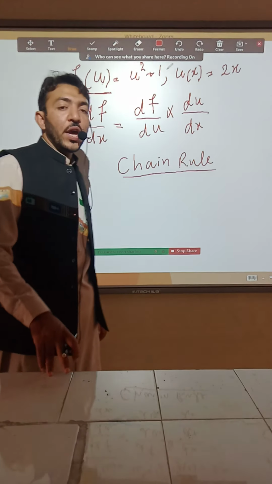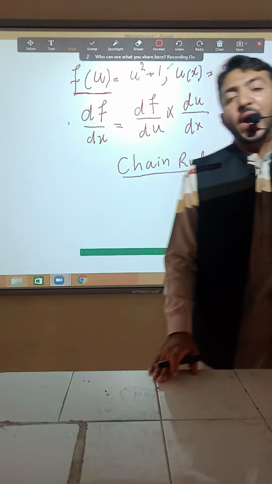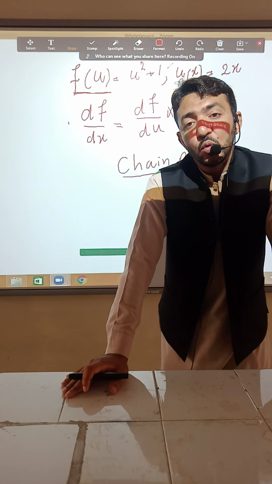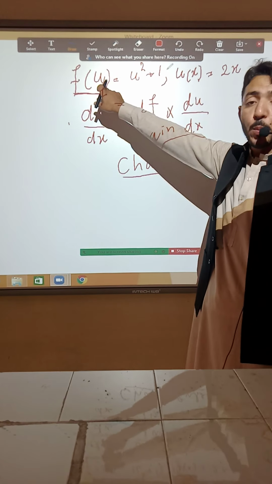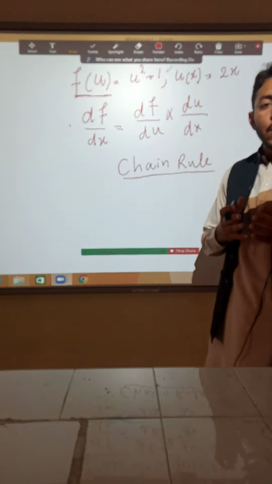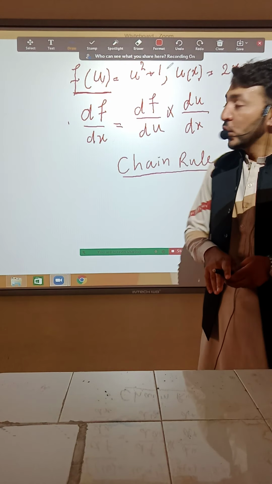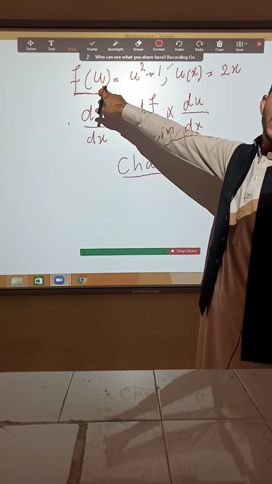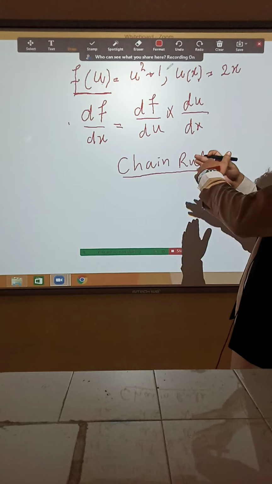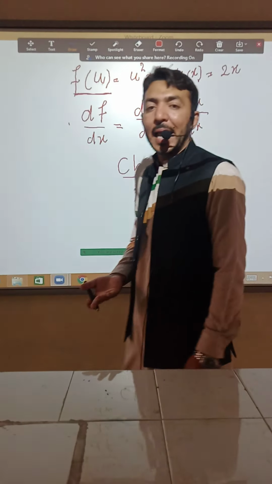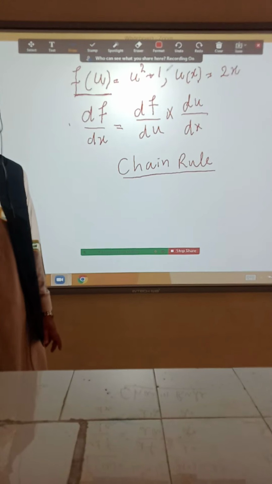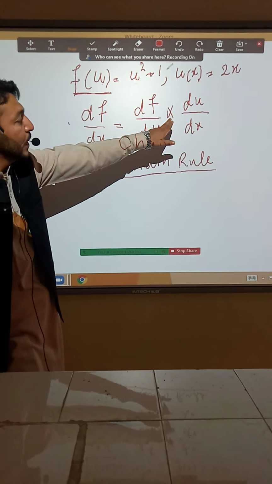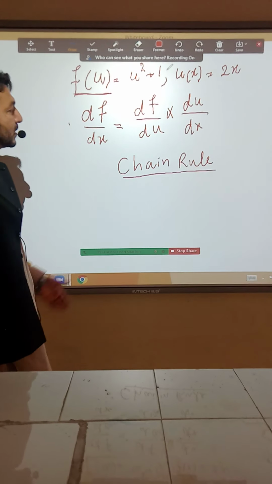So whenever we have a composite function and we need to find its derivative, we will use the chain rule. आपके पास फंक्शन है u के ऊपर डिपेंड कर रहा है और इसका आप डेरिवेटिव फाइंड करना चाहते हैं विद रिस्पेक्ट टू x. So you clearly see that x is not the direct independent variable of the function. Although u is dependent on x, it means that indirectly f is dependent on x, so you can do the differentiation. But first of all, you need to differentiate f with respect to u and then u with respect to x. That is called the chain rule.